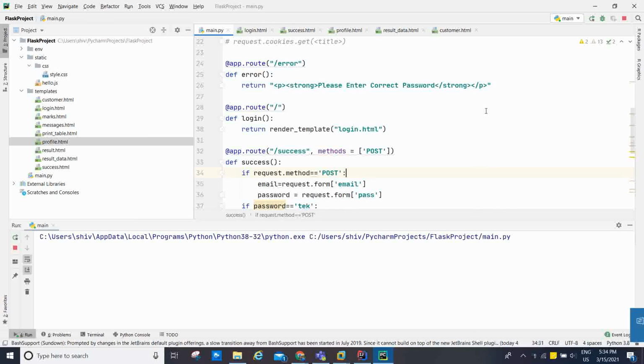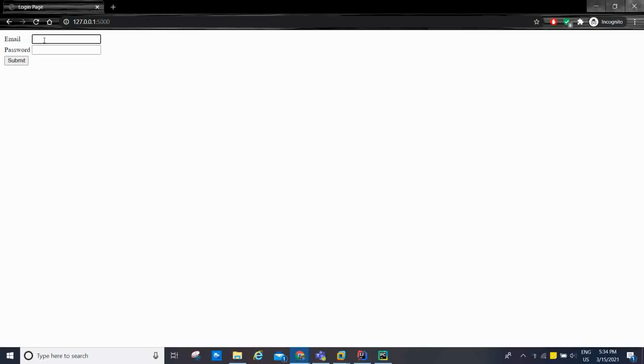Right, now you saw it, email ID and password. Now I am going to enter TekSolutions and the tech. Then what will happen? I am going to submit this one. Right, it is redirected to the success, right? Now what will happen here? See, if I am going to inspect here and go to the application